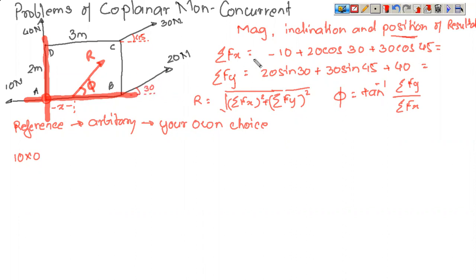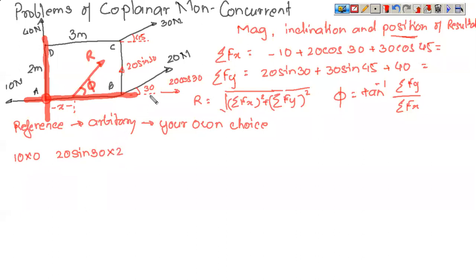Now come to this 20 Newton force. Now this 20 Newton force will be resolved into two components. This is 20 cos 30. Now this is 20 sin 30. If you look at these two components, this lies on the line AB. So this is parallel to line AB and there is no distance involved. So the horizontal component does not contribute. Now come to the vertical component. The vertical component is 20 sin 30. This is parallel to this and it has a distance of 3. So this is 20 sin 30 into 3. This is force, this is moment.